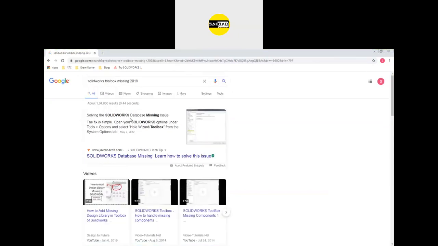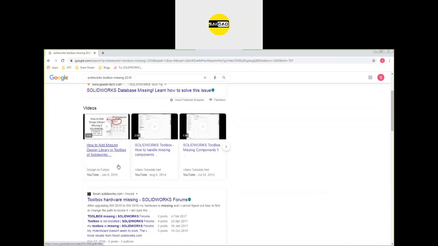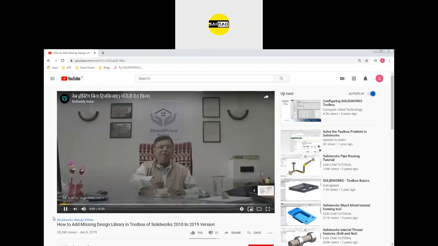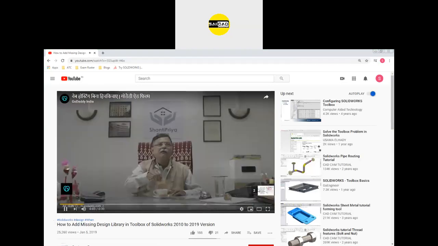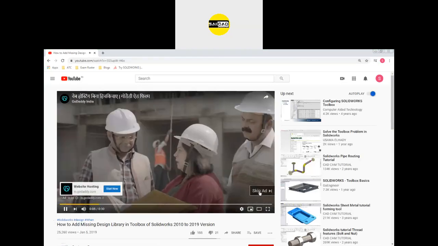Toolbox. I will send you a link directly because I have the toolbar right now, so I will not be able to show you on my system. Wait for a second.